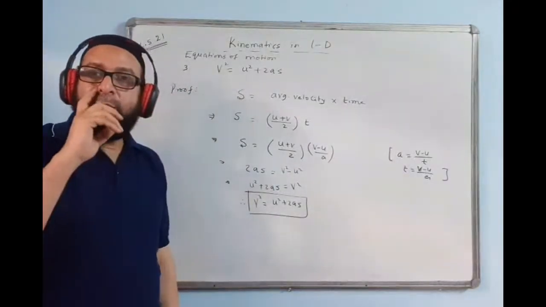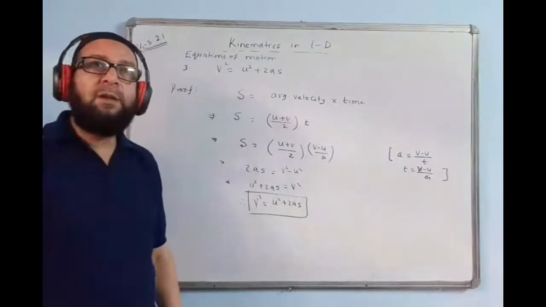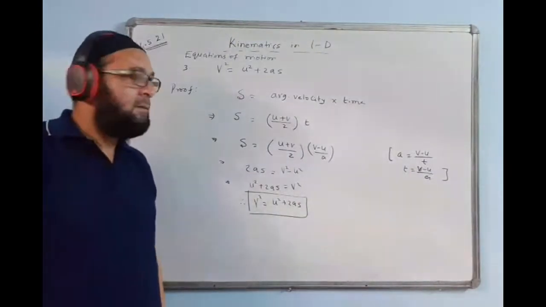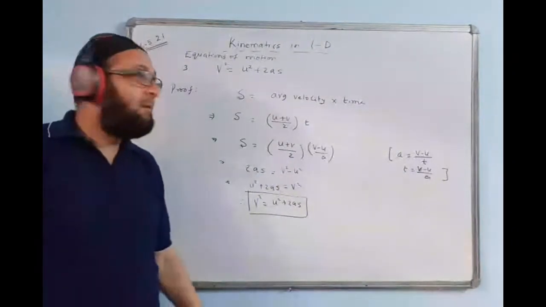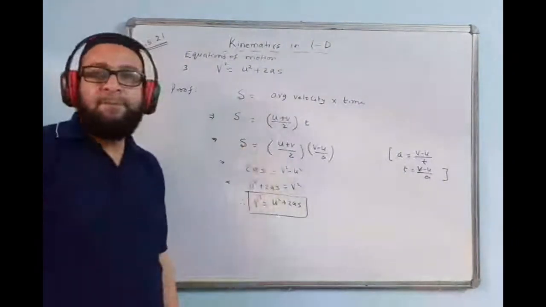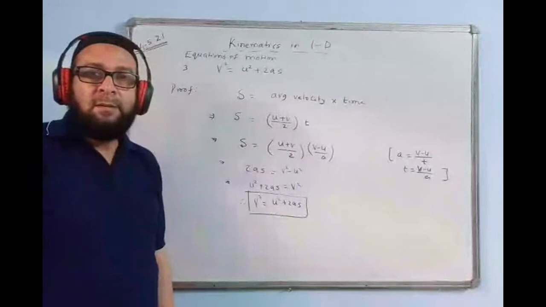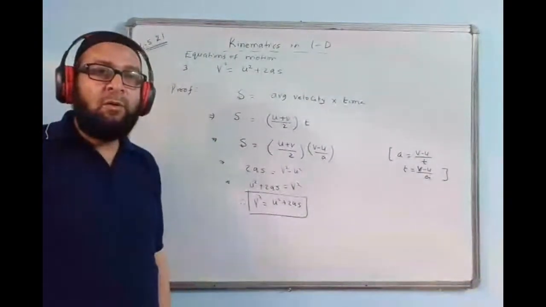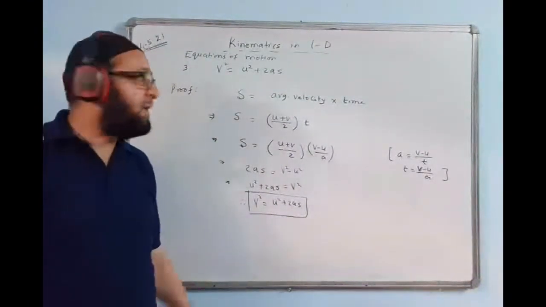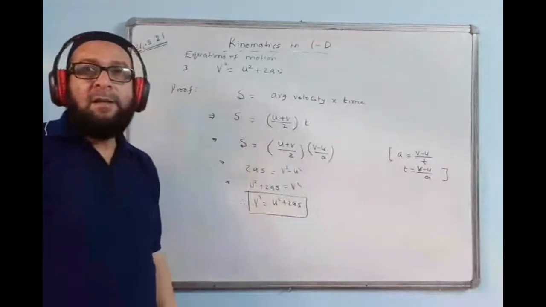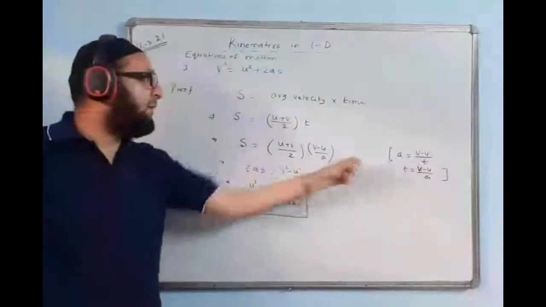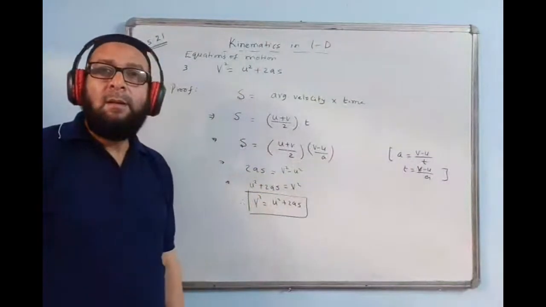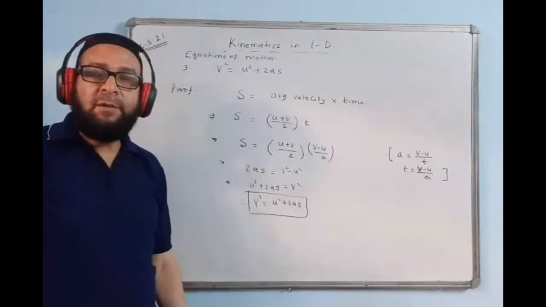So proving formula number 2 and formula number 3, the method of proving is the same. Only we have to change the plan after this step. In formula number 2, we did not want v to come. That's why I put the value of v. And in this equation, we did not want t to come. That's why I am putting the value of t. And I am getting the formula derived.